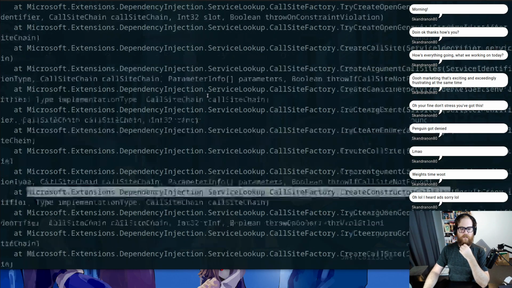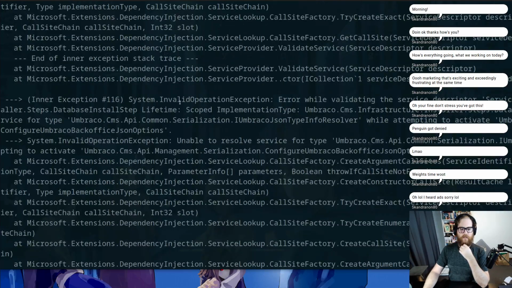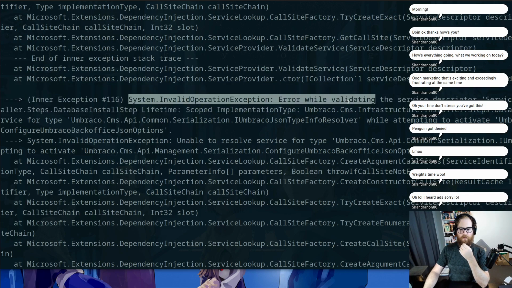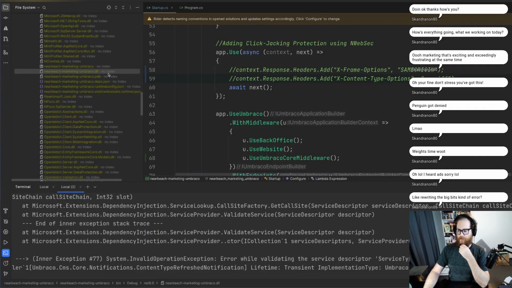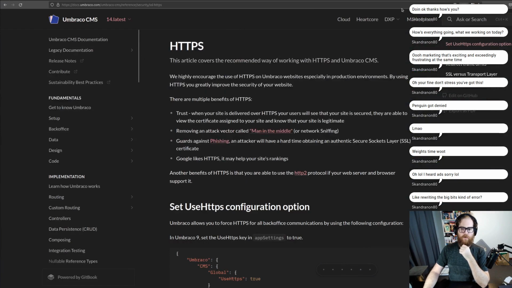Not giving us anything interesting. Inner exception: System.InvalidOperationException, error while validating the service type Umbraco. Oh, all right. Let's copy this. Yeah, I don't know what it is,